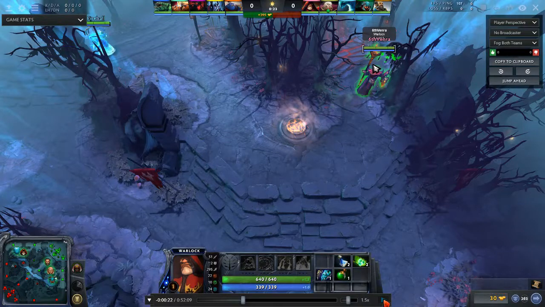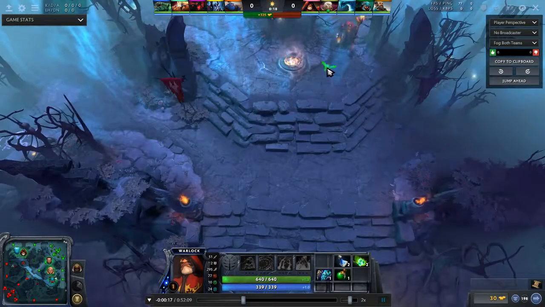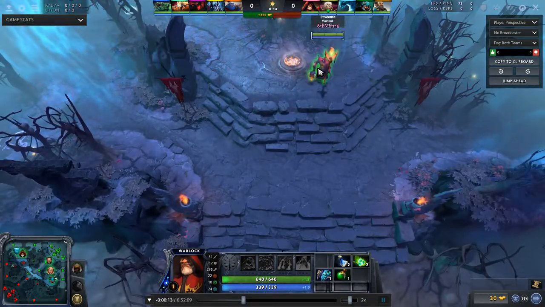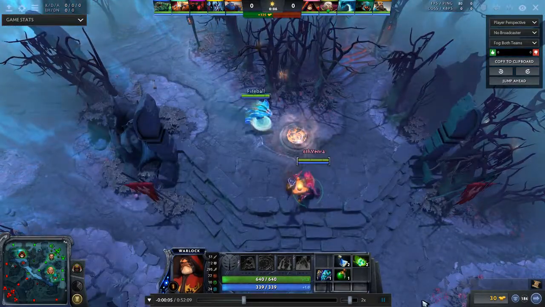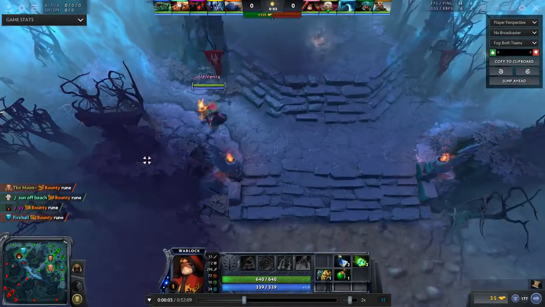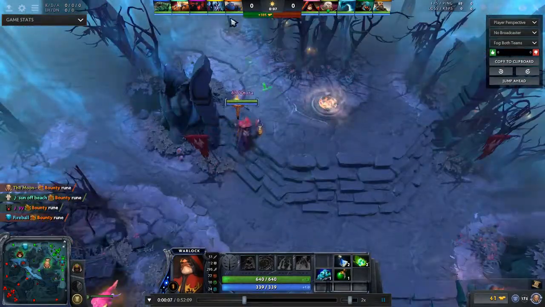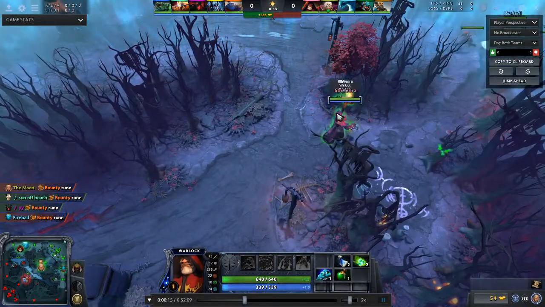Okay, so Gabriel, I'm just gonna say a few things about your play this game. As his support generally, as you can see, you're laning against Tide, right? You pulled your tangos, you gave your things, you got your items. Generally against the Tide, you actually want to put the ward in lane. Generally around about